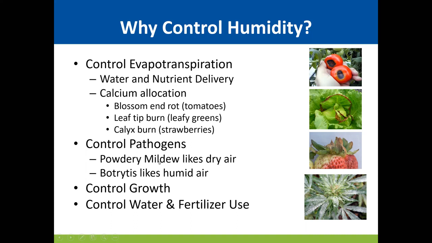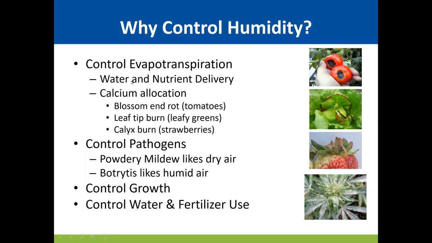Pathogens, on the other hand, are typically associated with humid conditions, but that's not always the case. Powdery mildew actually likes dry air. So for those of you in cannabis and hemp and other crops who are concerned about powdery mildew and are asking for drier and drier room conditions, you might actually be facilitating the growth and distribution of powdery mildew spores. Botrytis, on the other hand, does like it humid. So having a drier condition could help you to prevent botrytis. So finding that balance, right, is really critical to the health of your crop.